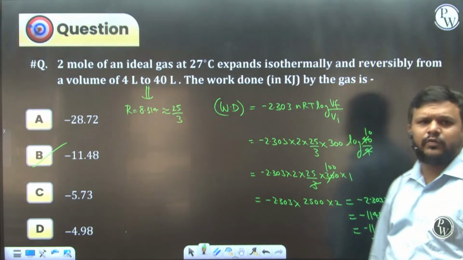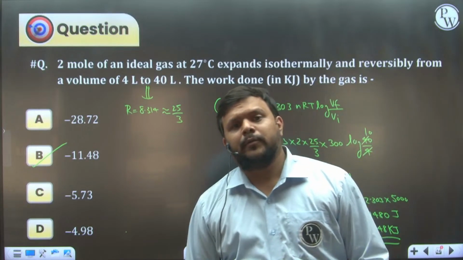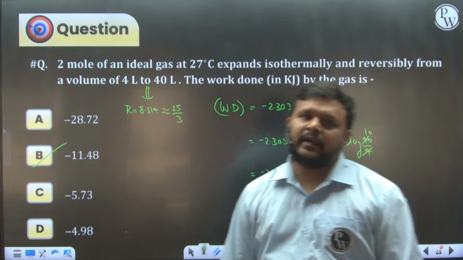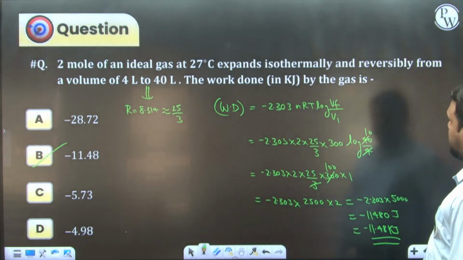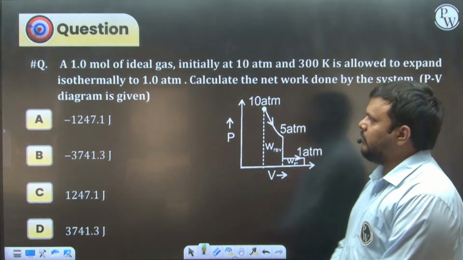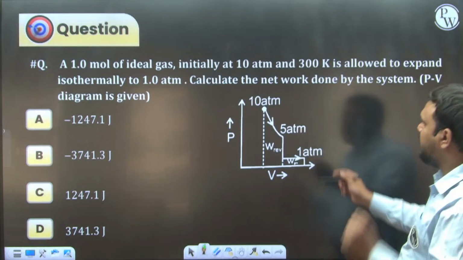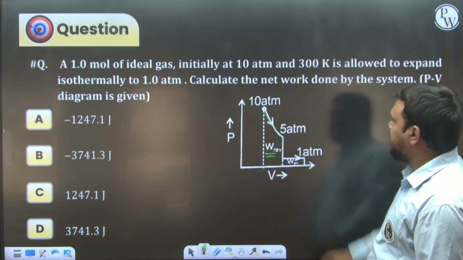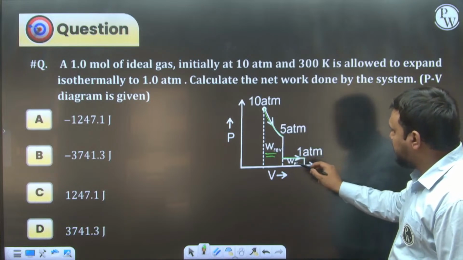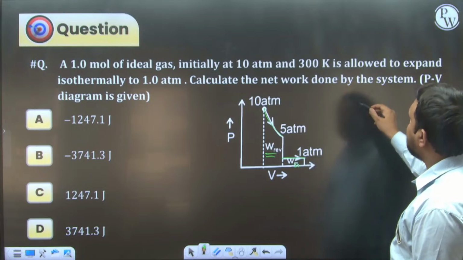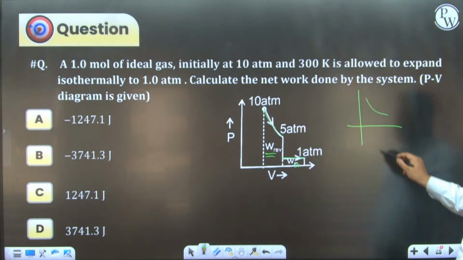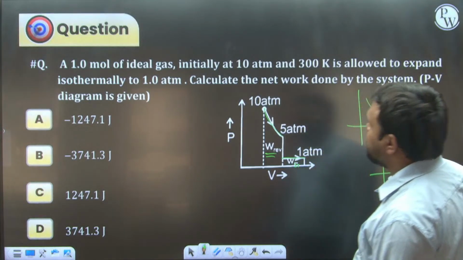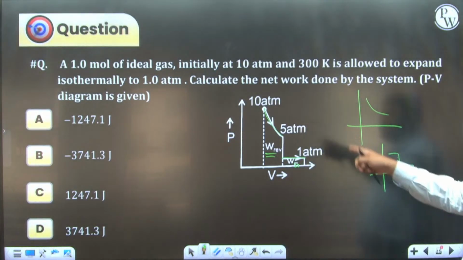So let us have a question over here where we will be having both reversible and irreversible process of the isothermal together, and they are asking us the work done. So this is the very important question which I am talking about. See over here, from this point to this point the work done is reversible, and from here we are having the work done as irreversible. Basically the curve is the reversible, and the blocks are irreversible. So they are asking us the complete work done during this process.